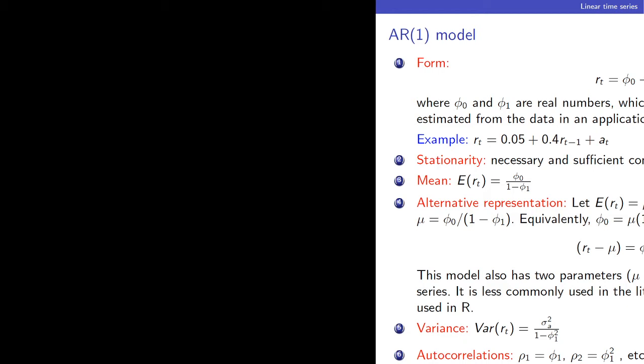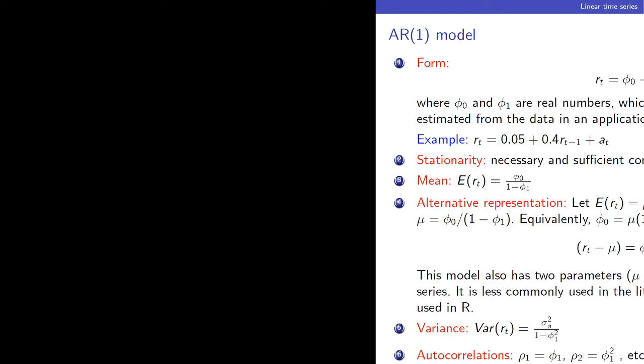The mean of an AR(1) model is phi sub 0 divided by 1 minus phi 1, and if we call that mu, we can see